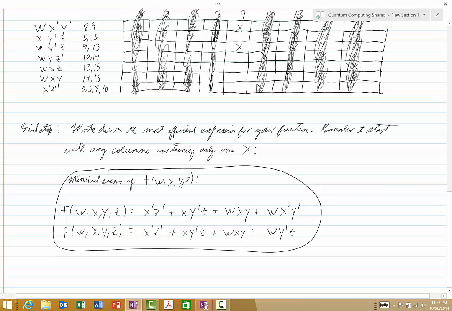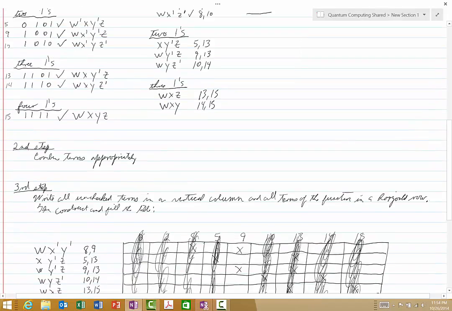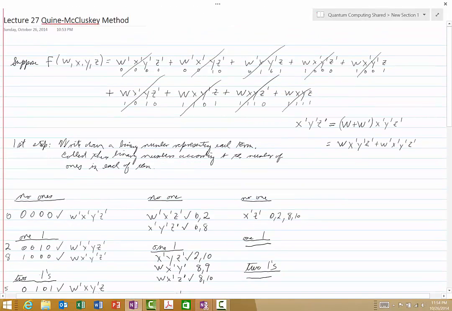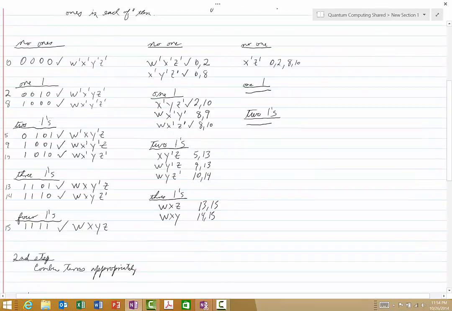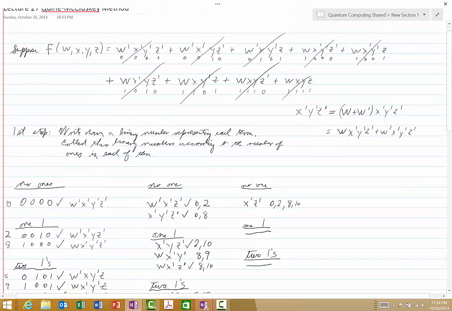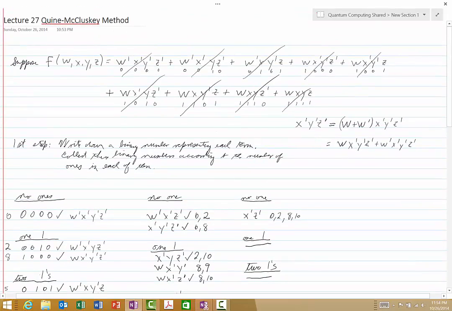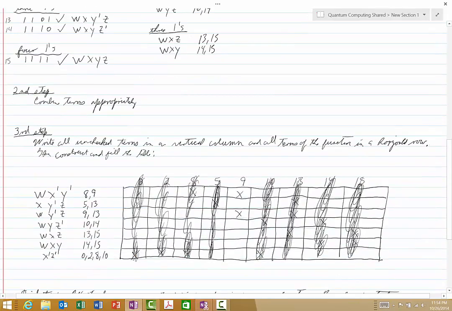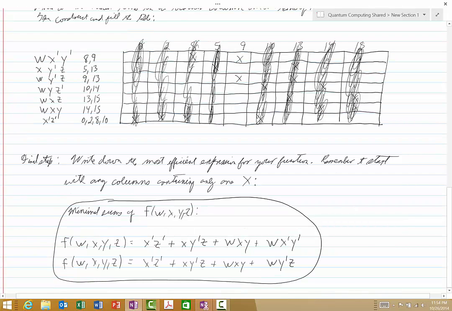If you look at the truth table for both of these functions, you will see that they are exactly the same, and furthermore, you will see that they match our original function. Now, in what sense are these minimal? Well, they express this function as a sum of product terms in a way that has the minimal number of what are called literals, and those are appearances